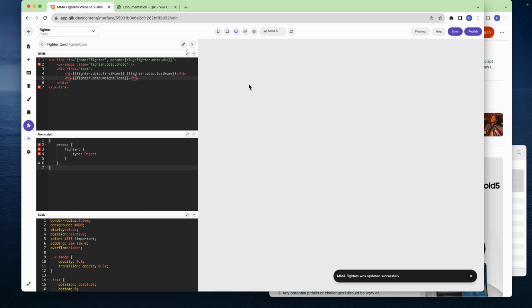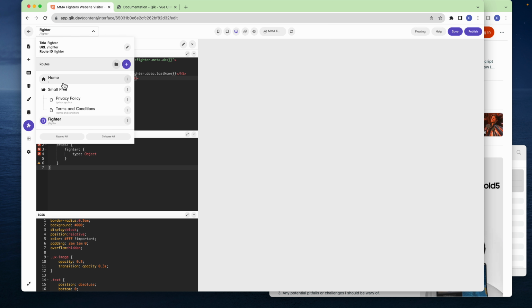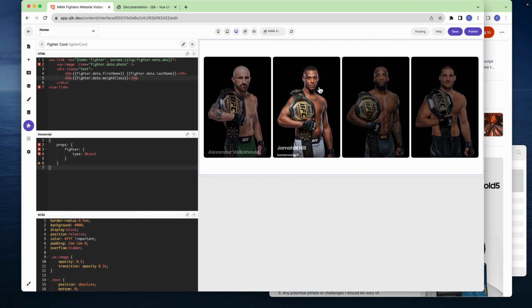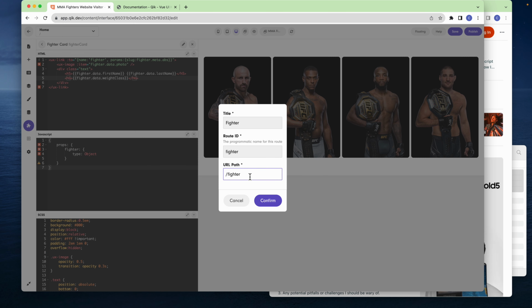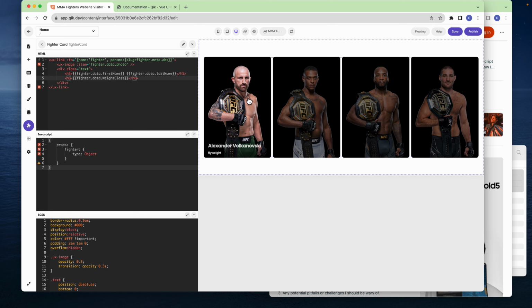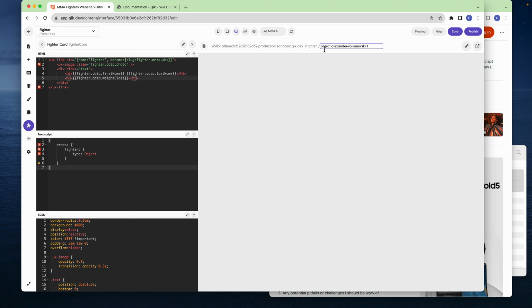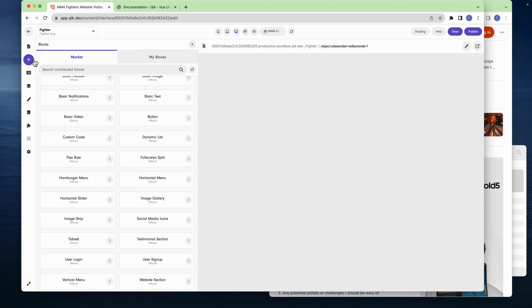Now when I click each one of these, it's going to take me to this fighter route, and I want to show a profile of that fighter. But at the moment, they're all just linking to that same route. So what I'm going to do is edit this route, and we're going to add an extra parameter into the URL, and we'll add a colon. So this is going to be a dynamic parameter. We'll call this slug, and we'll click confirm. And now if we click this guy, it's actually going to add the slug. So it's recognized that this is a dynamic route, and it's going to pass through whatever we clicked. And over here, we can now add